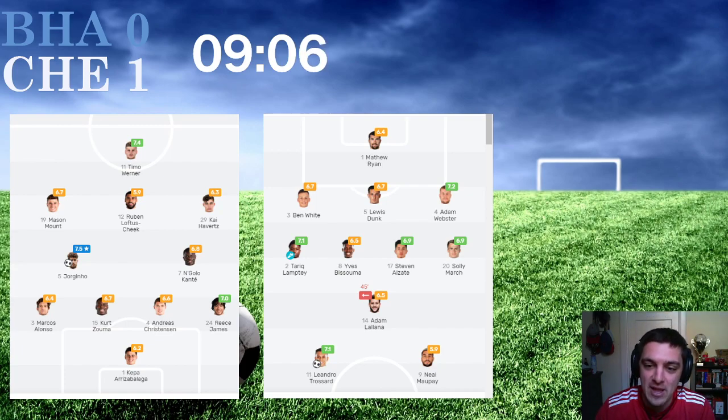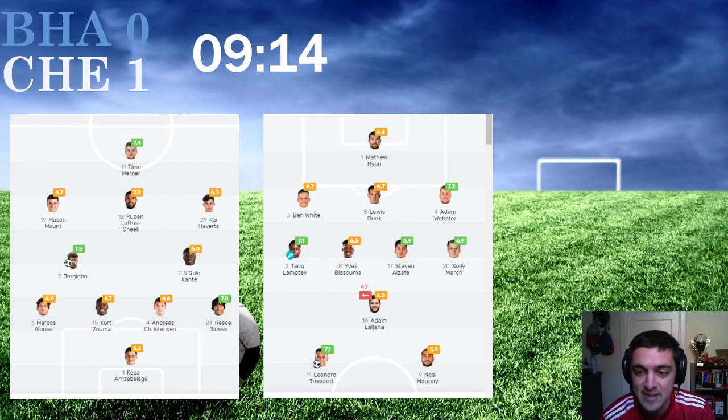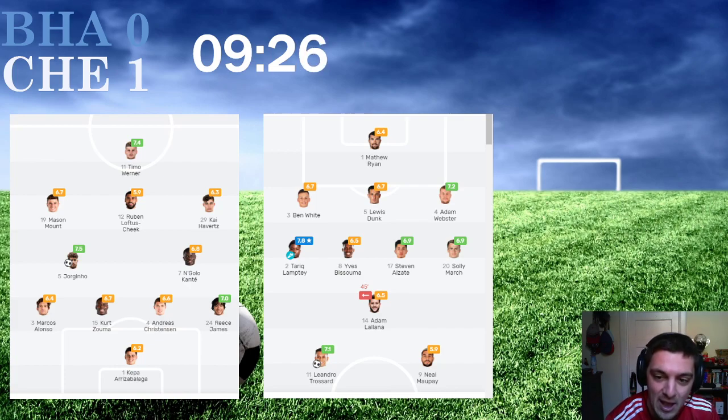Beautiful strike from Leandro Trossard. Chelsea making the mistake of not closing down a Brighton player at the top of the 18-yard box once again, and this time they are made to pay for it as Trossard punishes them with a beautiful finish on his left foot, curling that one into the far corner, just past an outstretched